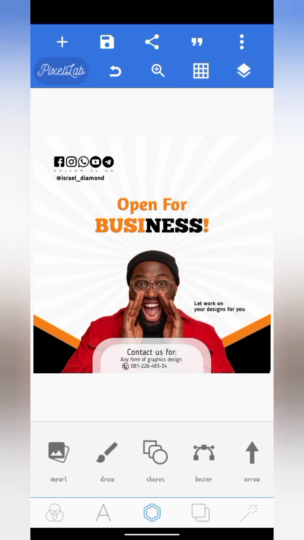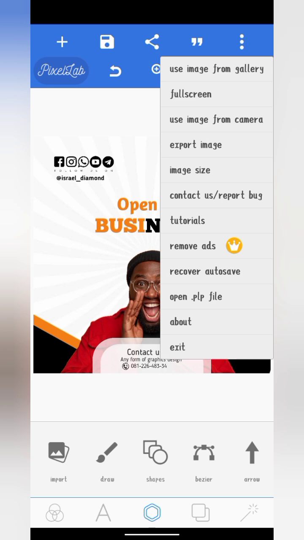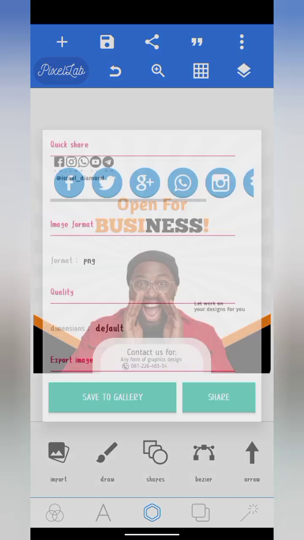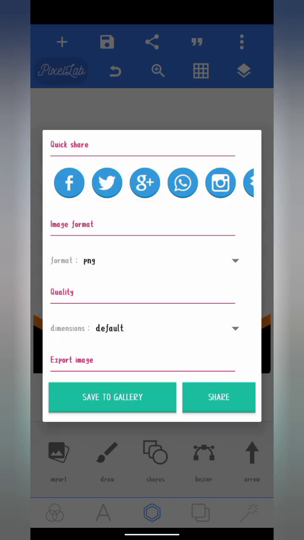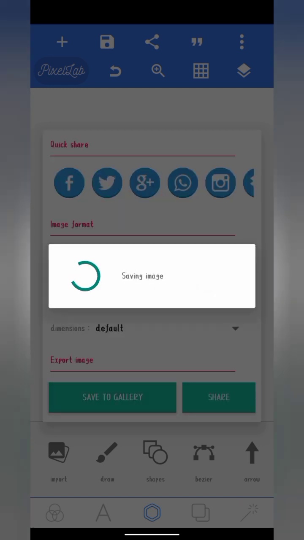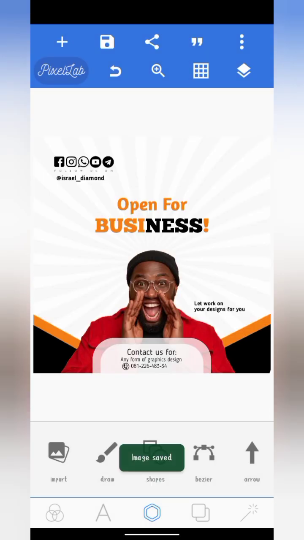You see three dots here, you click that, then you see export image. When you export the image, it will bring another layer. You see the portable image size, which is PNG, is the best. And the quality, use default. Then the next thing, you just save to your gallery, and then your image is saved. Go check your gallery, you will see it. Ensure you do it yourself. Make sure you practice it. Then the next